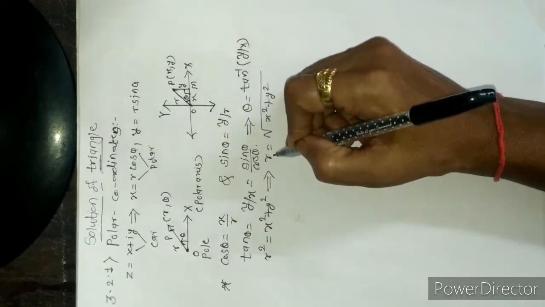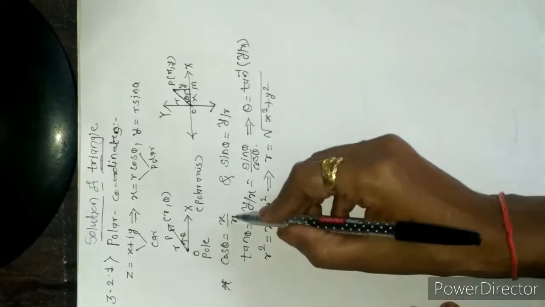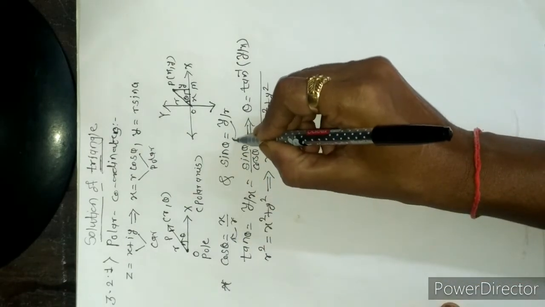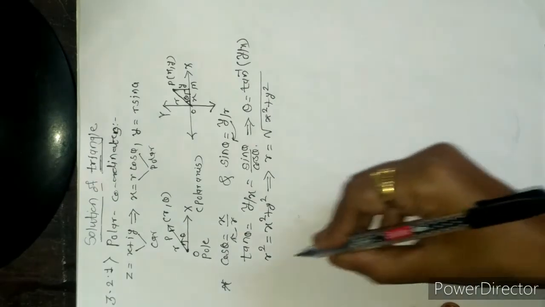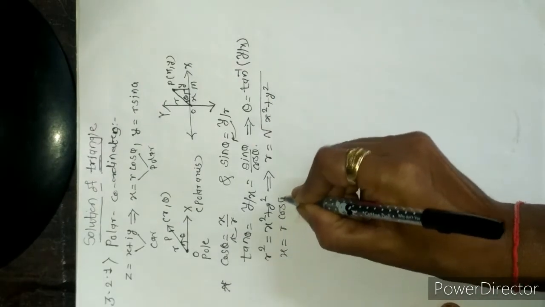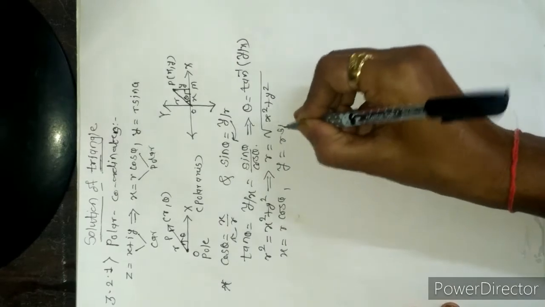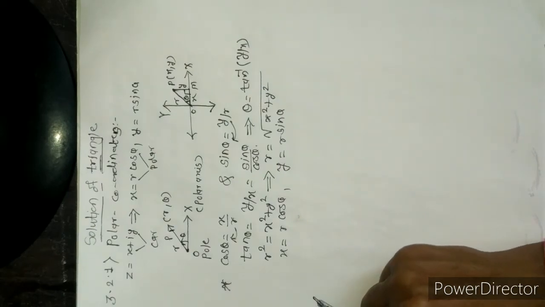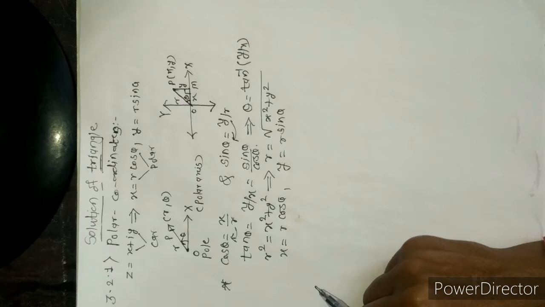Therefore, we take the values of r and theta by using this relation, where after cross multiplication x is r with cosine theta and y is r with sine theta. So we get x equal to r cos theta and y equal to r sin theta. This is the simple relation between the polar coordinate system and the Cartesian coordinate system. By using this, we take the measure of the angle in a particular quadrant, meaning the angle may be a quadrantal angle or an angle in the first, second, third or fourth quadrant.